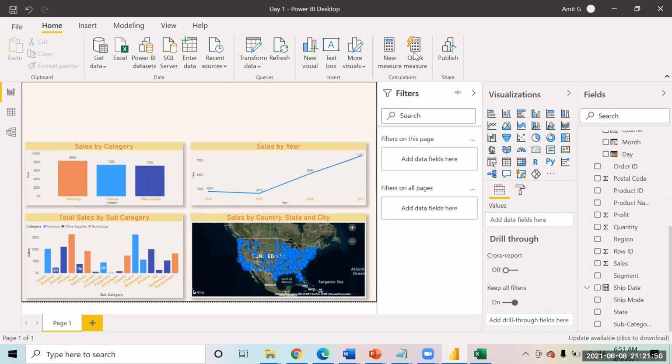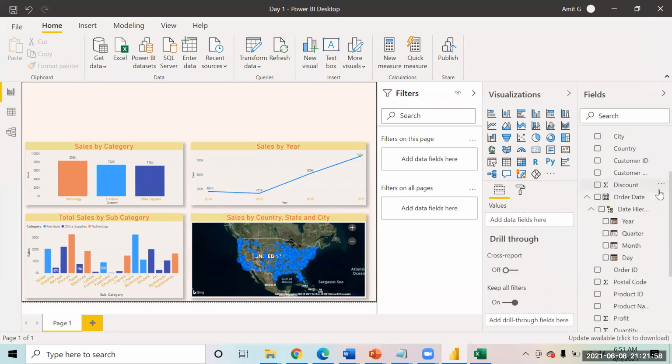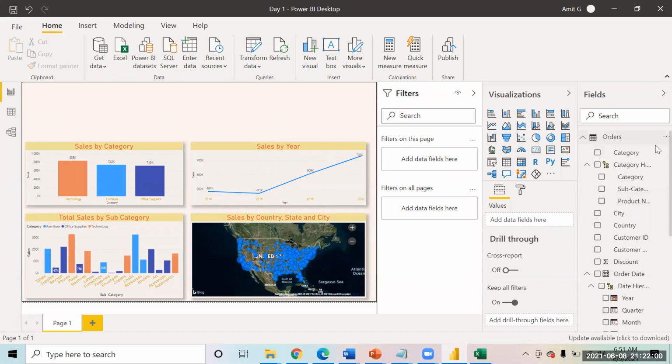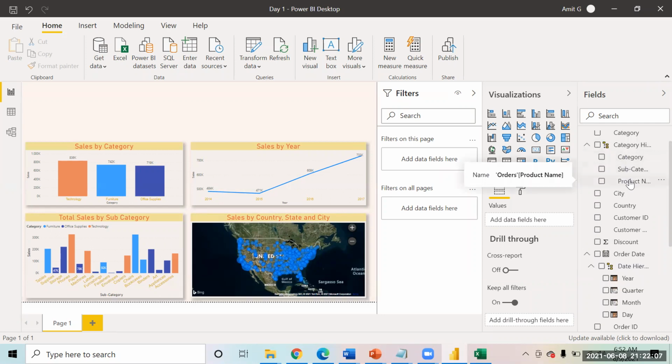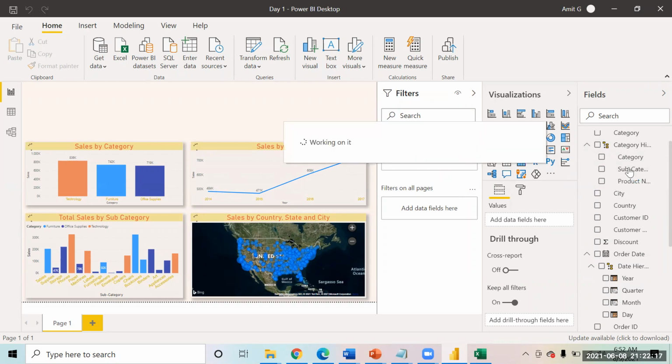And one last question, Amit, while creating the hierarchies, right? How can I reorder? Because I created the region hierarchy. I want the state below. So it is just that you have to drag and drop. Reorder, yeah. Like category, subcategory, product, you just pick it and drop it above. Like this, it will move up. Okay, I can try that. Just select it and drop it above. So it moves like this.